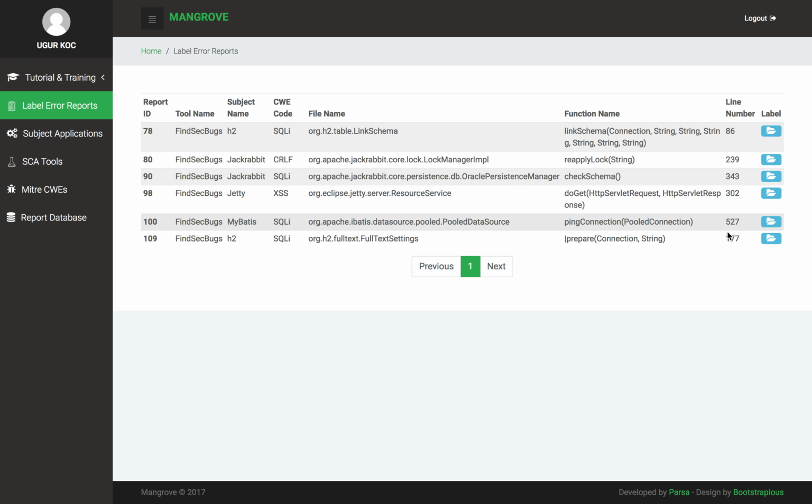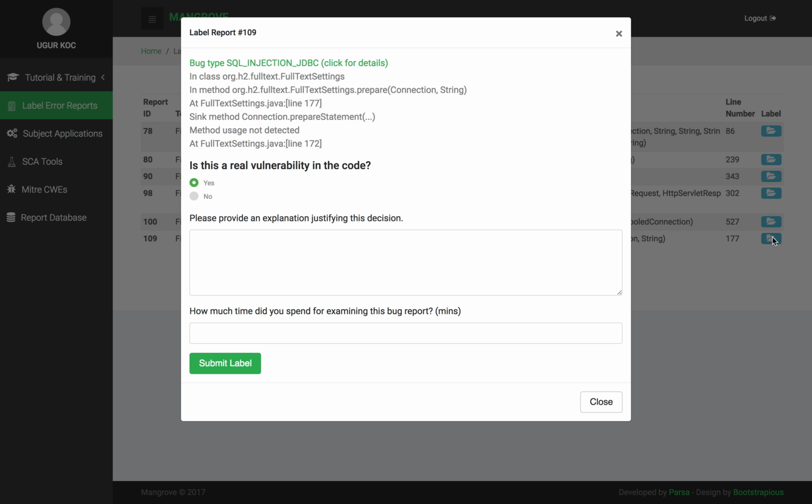Alright, now I will look at the details of this error report. This error report is a kind of SQL injection JDBC, which basically means that here malicious parties can manipulate SQL queries to do operations on a database that they normally would not have access to. This is what FindSecBug thinks is happening at this code location, full text settings Java line